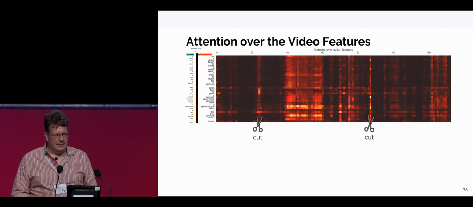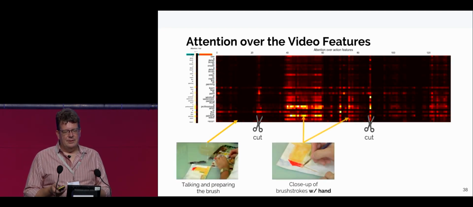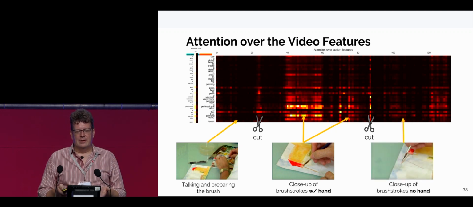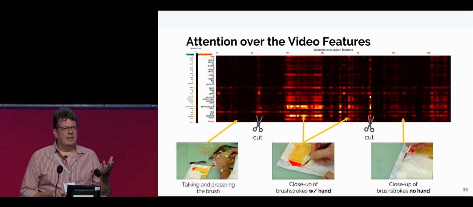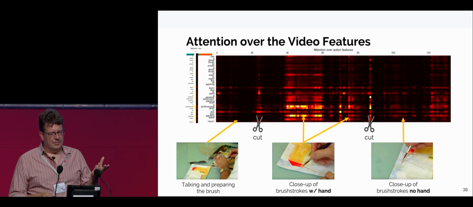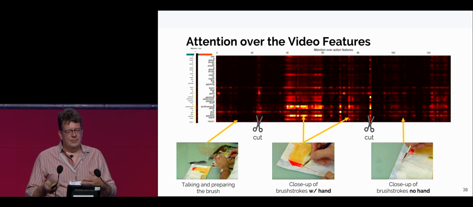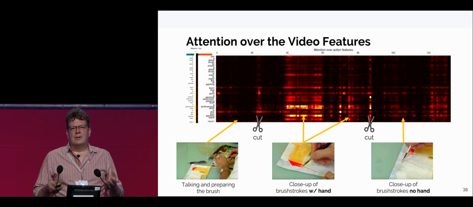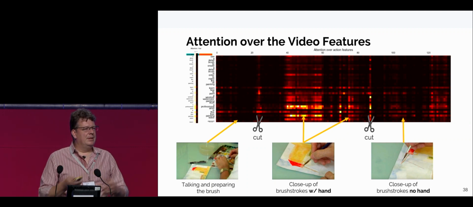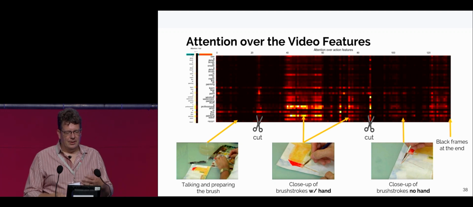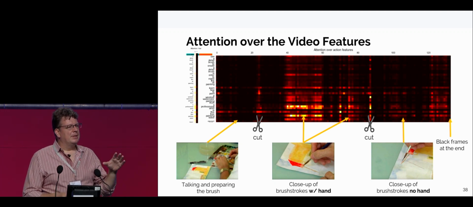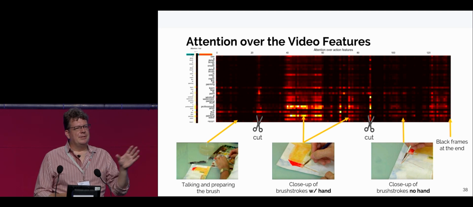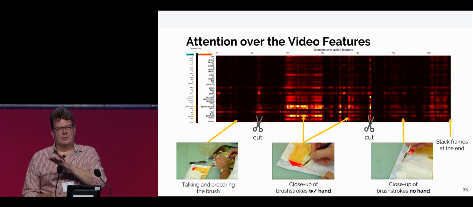We did some more analysis on this and looked at the features that we're extracting when we're generating the summaries. Where are we paying attention to? We have a system using hierarchical attention, so we can see when the model generates certain words, which parts of the input text and which parts of the input images it is paying attention to. It turns out that the model really is paying attention to those parts of the input video where it sees actions that are related to the subject of the